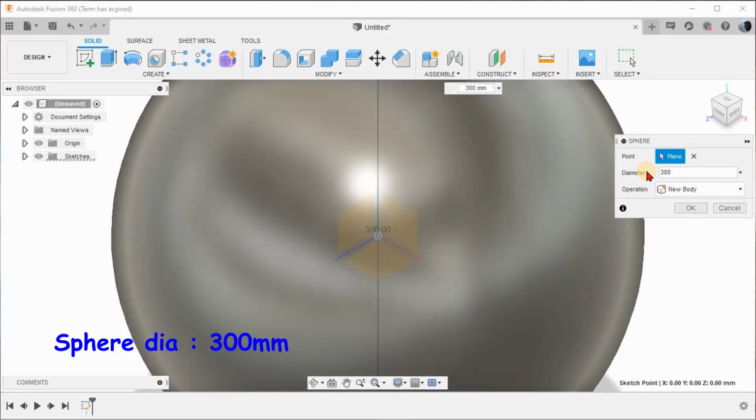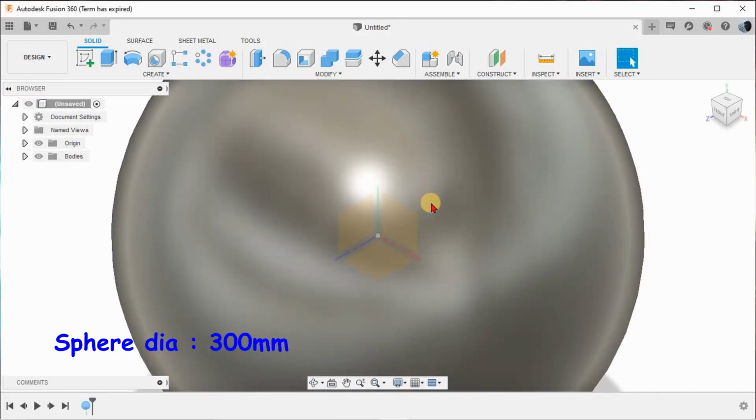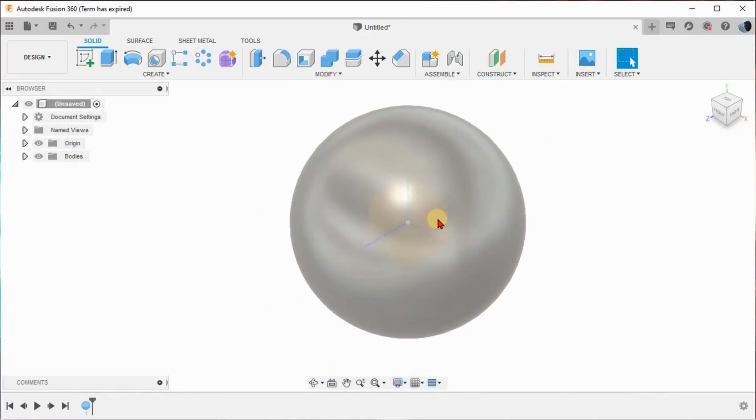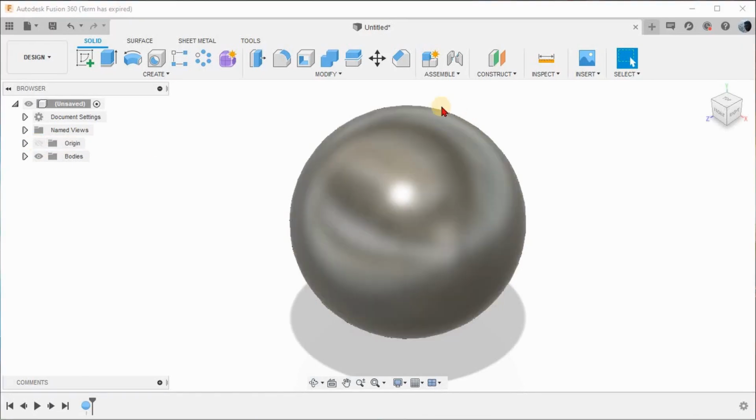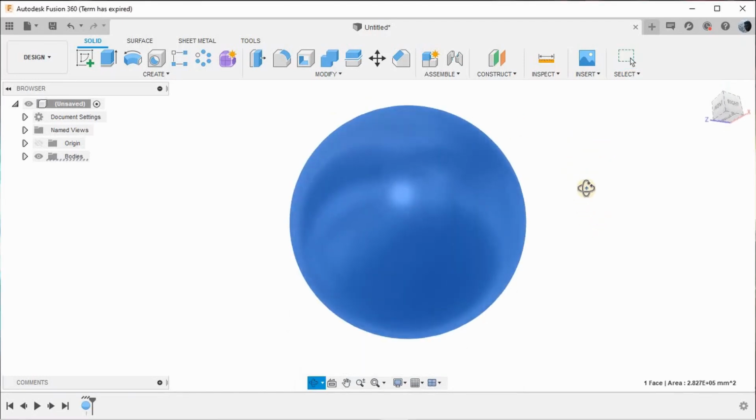And give enter. There are a couple of other ways to draw a sphere, but we will be discussing those in some other videos, and here we will stick to a direct creation of a sphere. Now you just switch off this origin. Now the most important part is you have to make some cut section throughout this sphere, and you can see it's a single surface and it is not that easy to create that cut section.